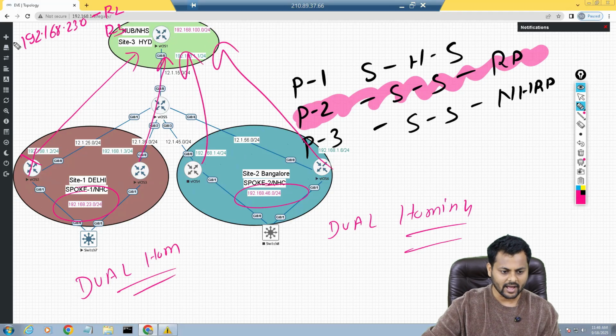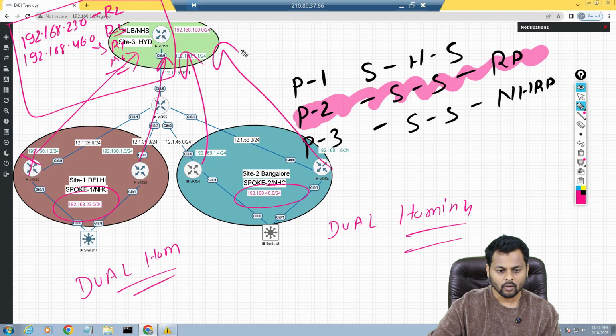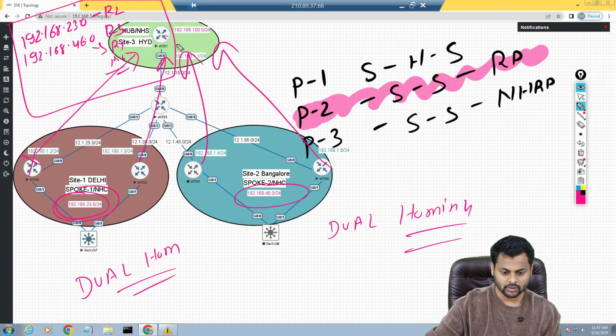Same thing would happen. Router 4 and router 6 are going to advertise this route to router number 1. So on router number 1, you will have the route 46.0/24, right? With the next hop being router 4 and router 6. Now the interesting part: what will the hub do? Will the hub advertise both the subnets to site number 2? So this is the subnet we have, 23.0/24. Will the hub advertise this 23.0/24 to site number 2 from both R2 and R3?